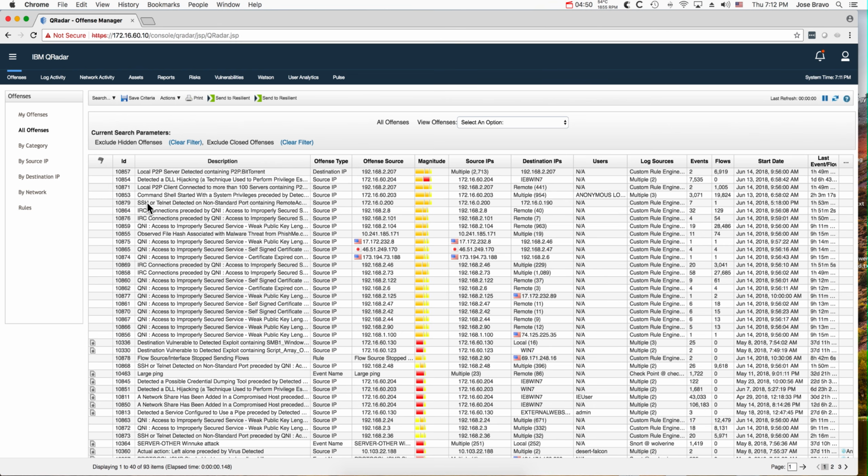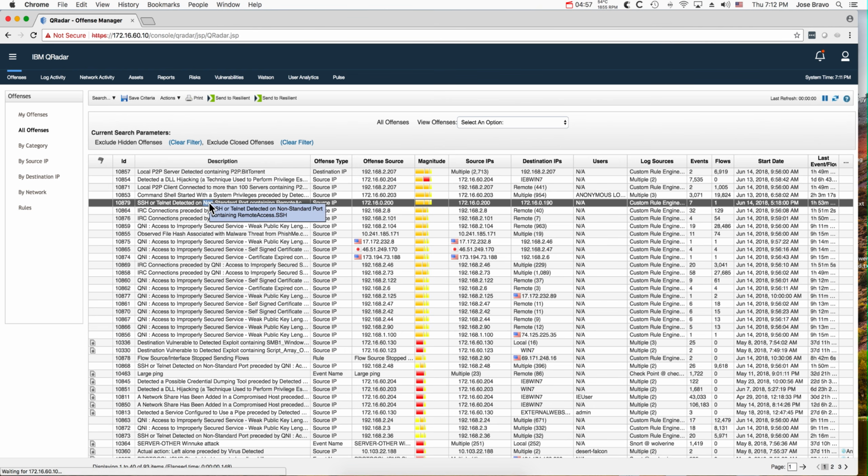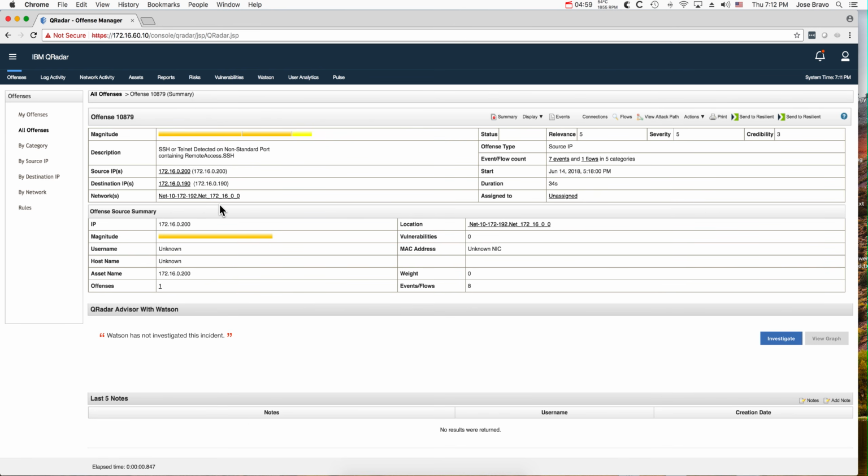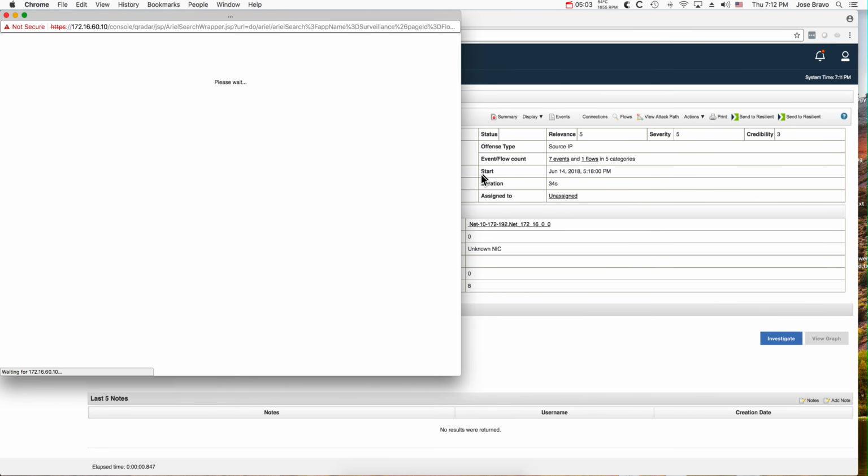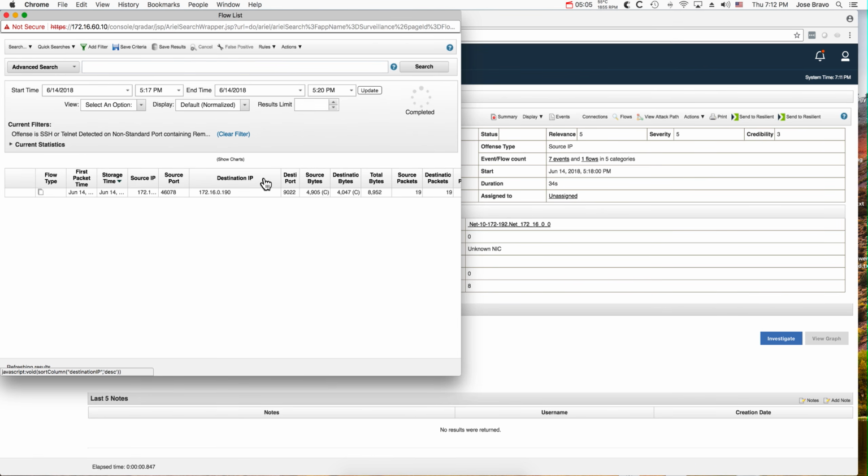Remember that I told you that QRadar by default can detect when SSH is being used on a non-standard port. Let's actually take a look at this offense and see how did it do it? Notice that there's only one flow. That's all QRadar needed. If we take a look at that one,